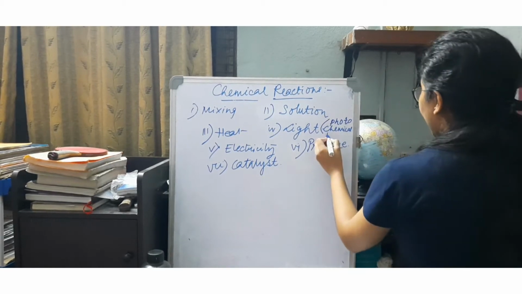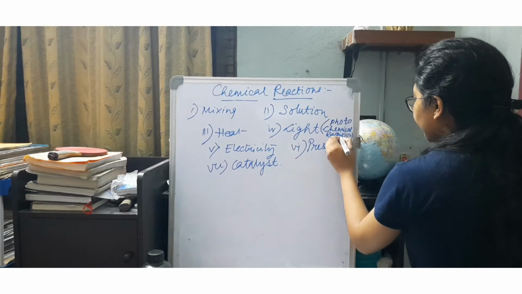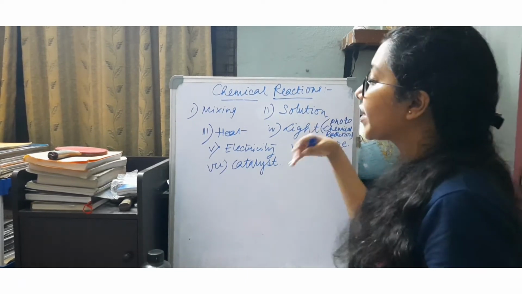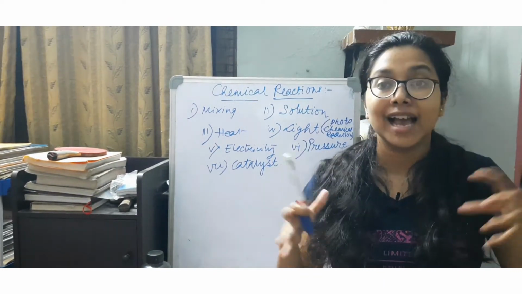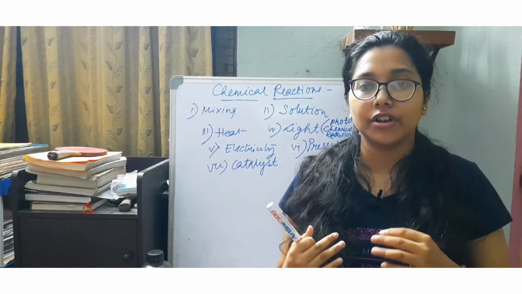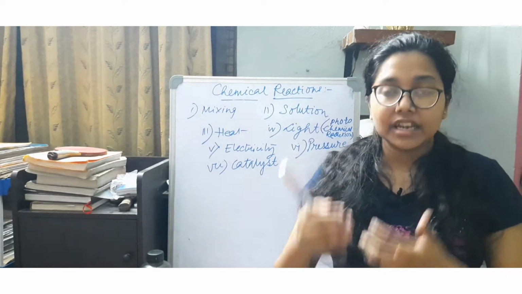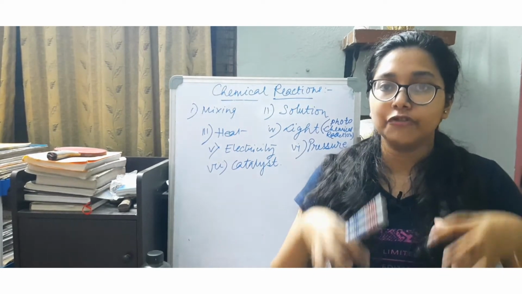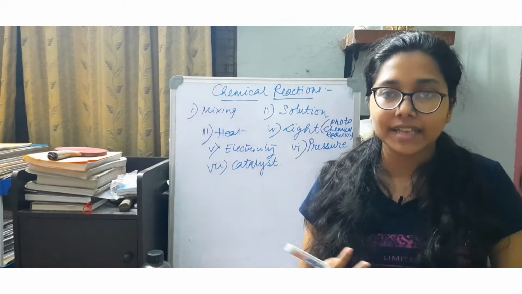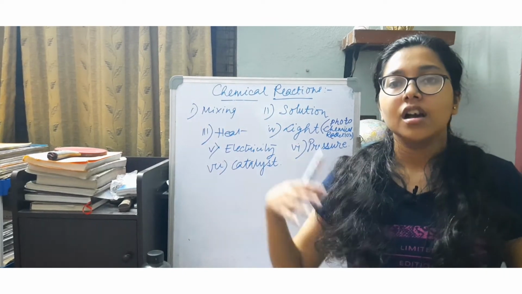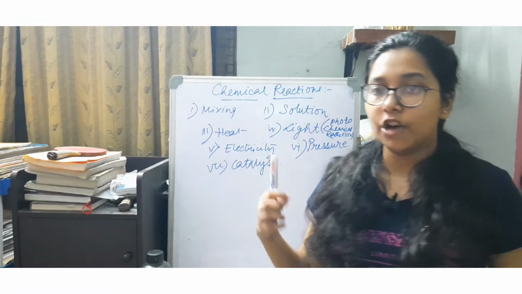or photolysis. Okay, then comes the reactions which generally take place in the presence of electricity. The more important branch is electrolysis. In every electrolysis process, every reactant which is undergoing the basic reorganization to form different products is mainly due to electrolysis. So electrolysis is a very common example which we see when it comes to carrying out a chemical reaction with the passing of electricity.